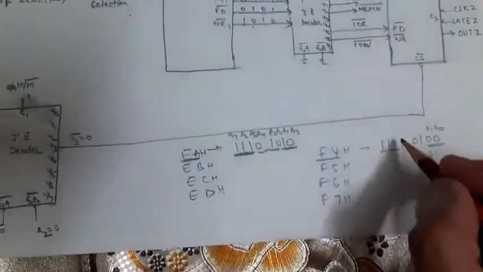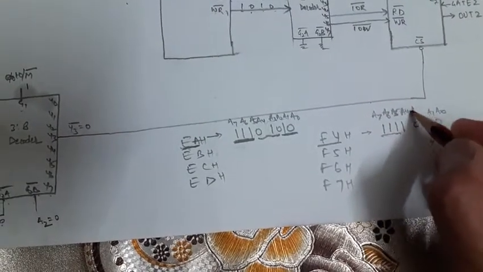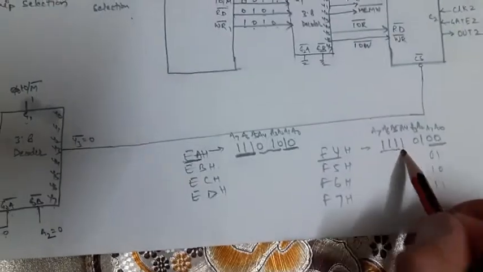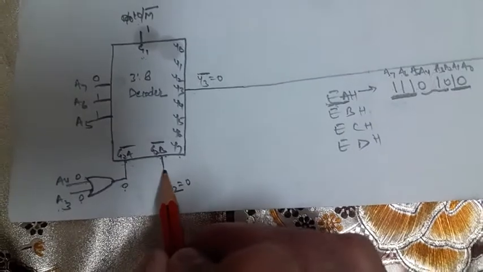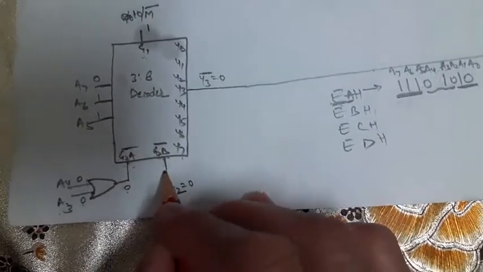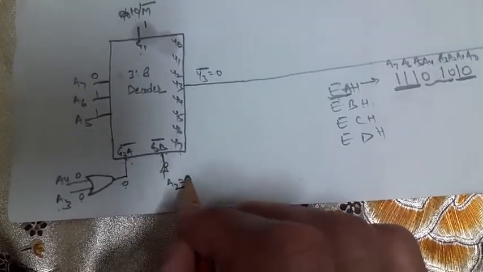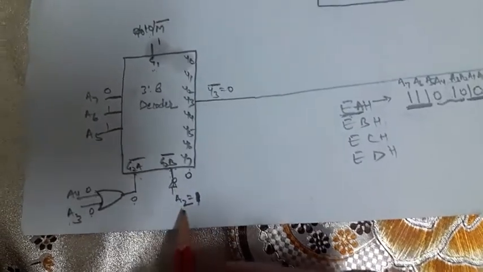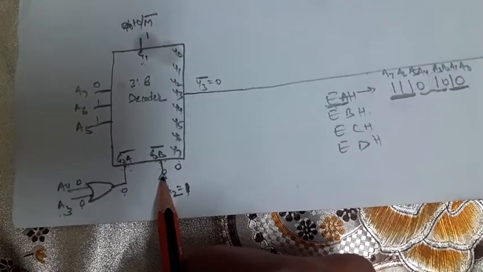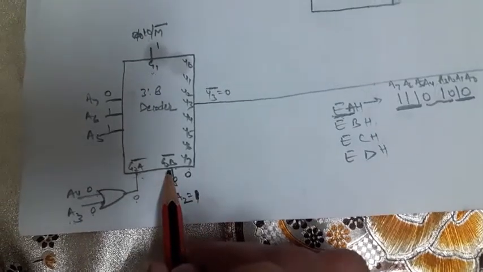Okay, so we see here these are your A7, A6, A5, and this is your A4, A3 and A2. Now A4 is 1, A2 is 1. So if A2 is 1, you can connect it using an inverter. If I use an inverter like this, that inverter will convert this value 1 into 0. Now when A2 is 1 for this address, it is passed through the NOT gate, which converts this value into 0, and that 0 goes to G2B bar.